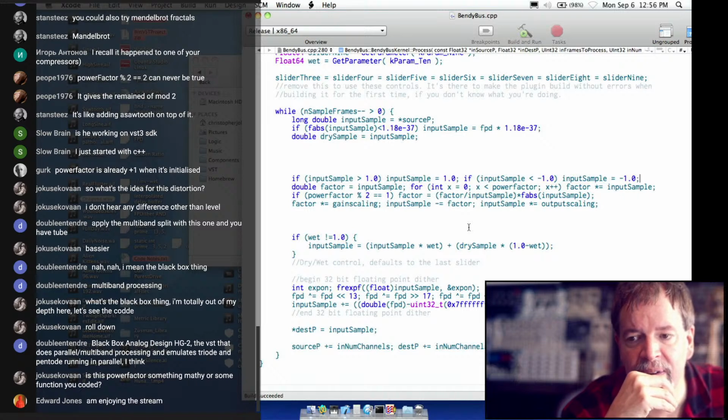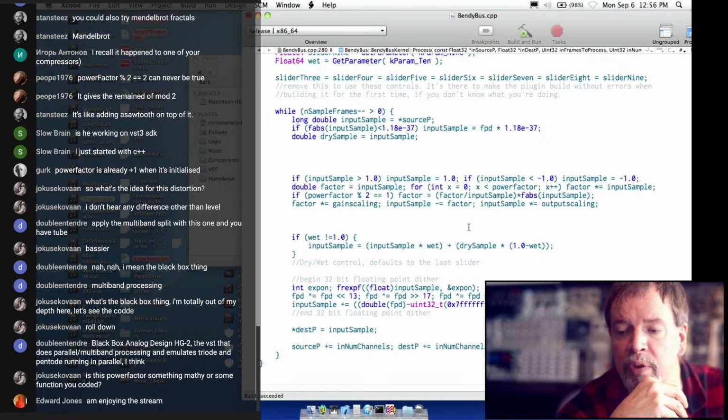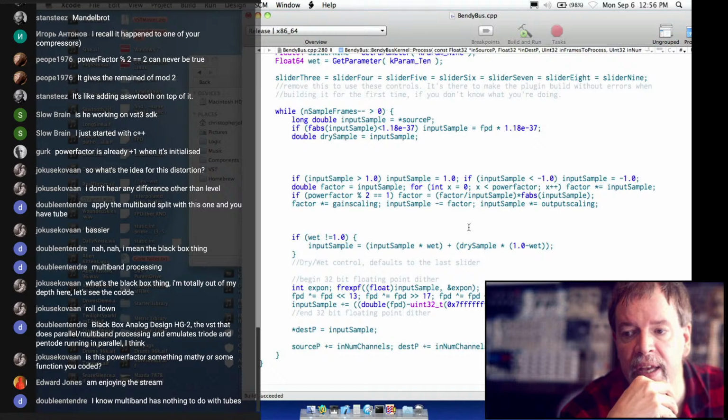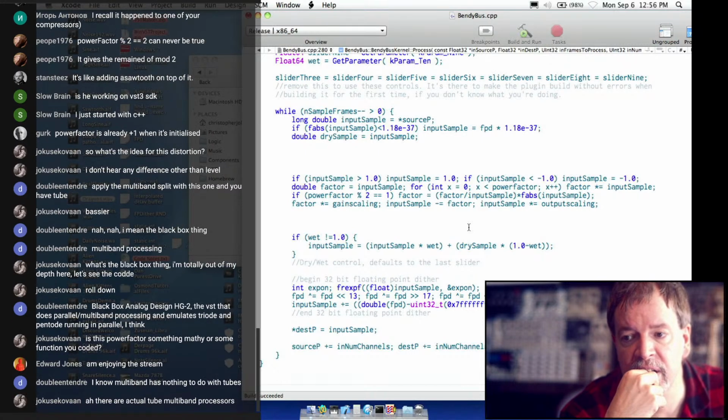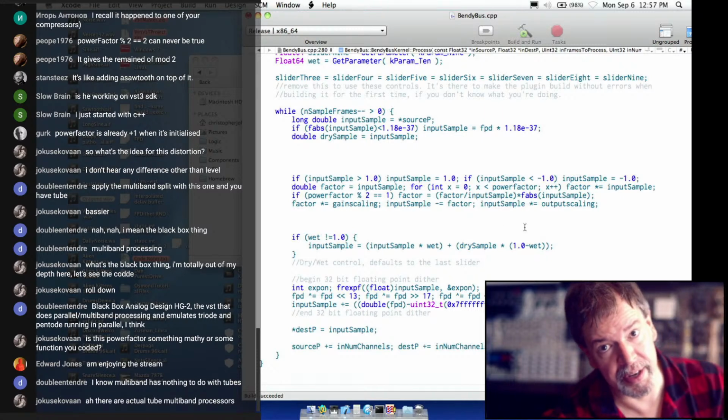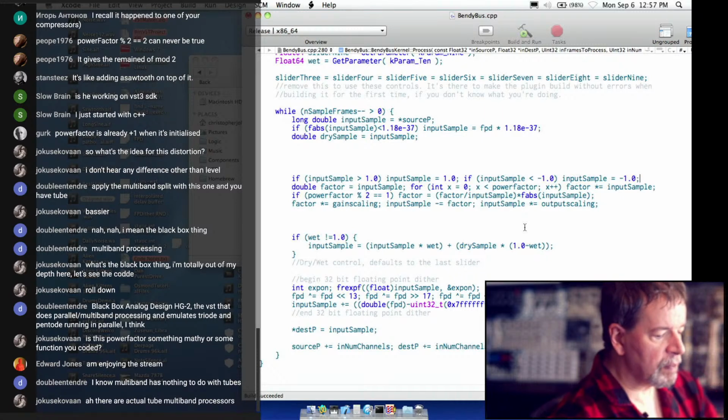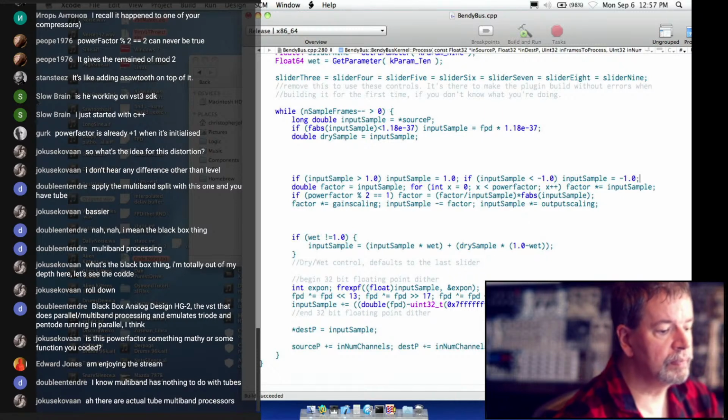Okay, parallel/multiband processing has nothing to do with making stuff sound like tubes. So making it sound like a particular other VST, yeah, you guys lost me there. That's not where I'm at with this stuff. That said,